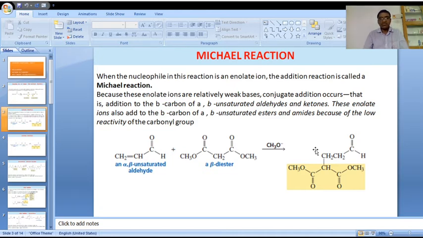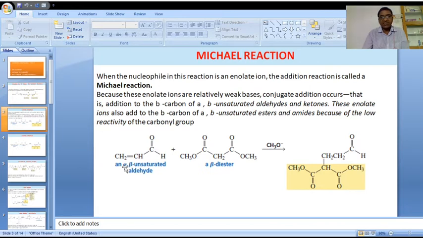Please observe the same alpha beta unsaturated aldehyde. Here there is no change in the aldehydic functional group because it is less reactive than this olefin. Generally this olefin reaction